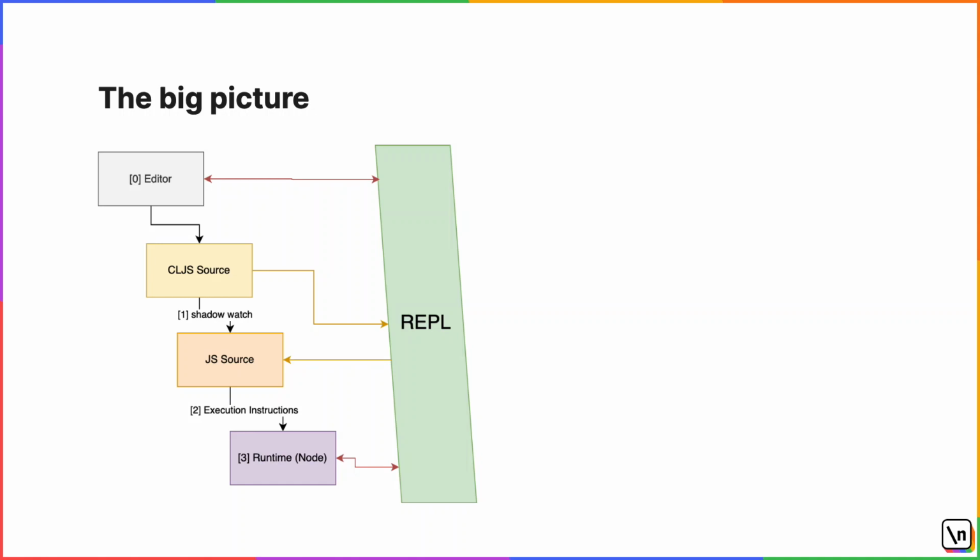You can execute a command that will run the JS code in the Node environment as we did earlier, and the Node runtime executes the code and doesn't exit while Shadow is in watch mode. The Node script did not exit because the REPL needs this runtime for inline evaluation. The REPL is the bridge between CLJS source and the runtime. When Shadow converts your code to be ready for the runtime, the REPL can initiate the execution, update the functionality without full rebuilds, and get the output from the runtime back to the editor. This is why the REPL is a user interface for your program.